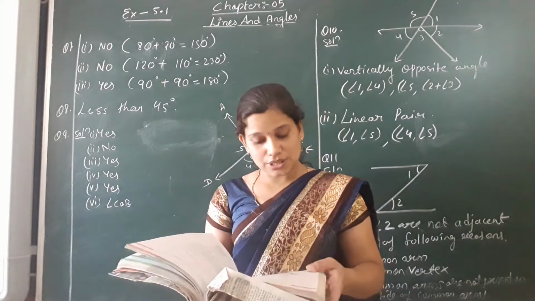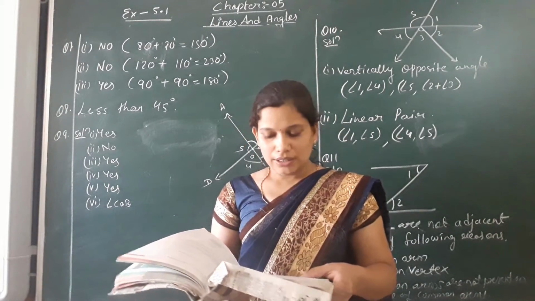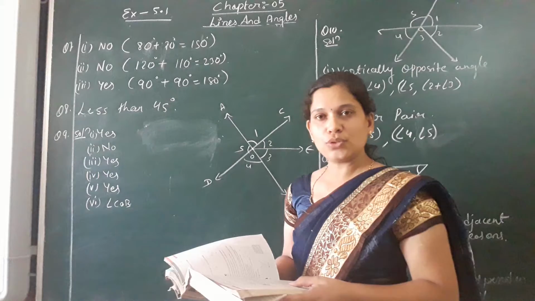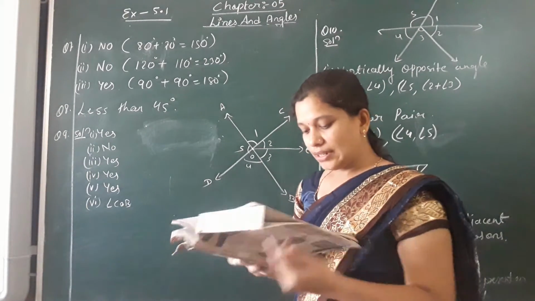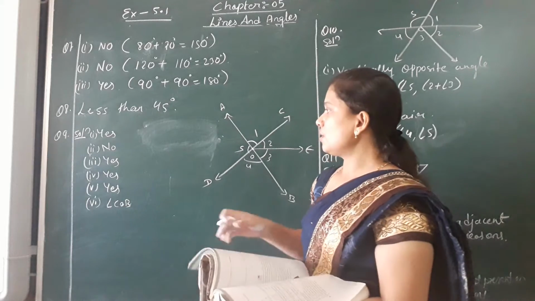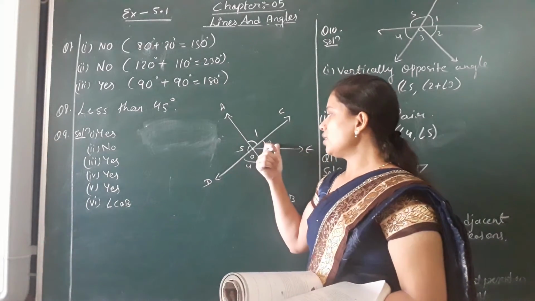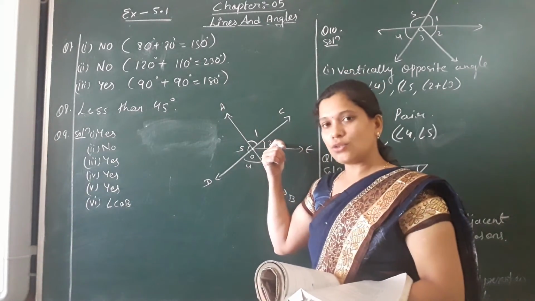Now another question, question number 9. It's a very easy question. In the adjoining figure, you are able to see the figure on the board. From the figure we have to say, is angle 1 adjacent to angle 2? So this is the figure. Angle 1 is adjacent to angle 2? No. Why is it no? Because